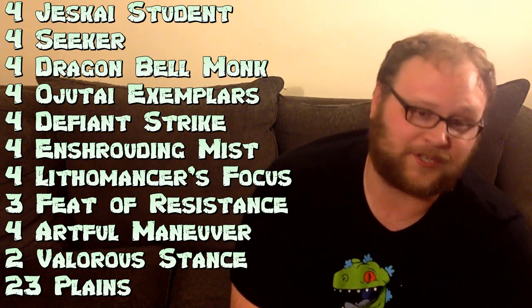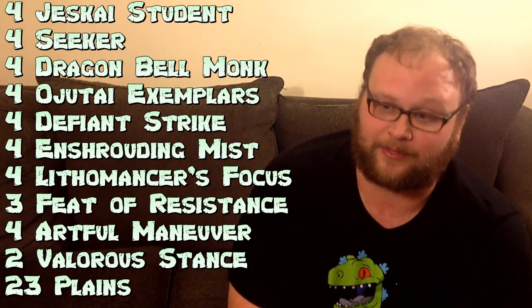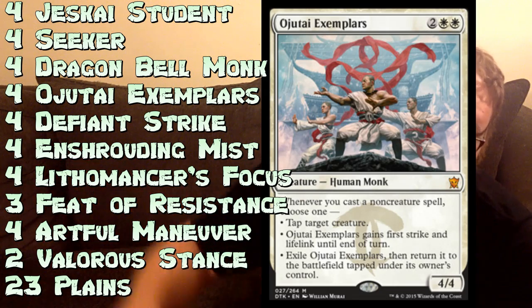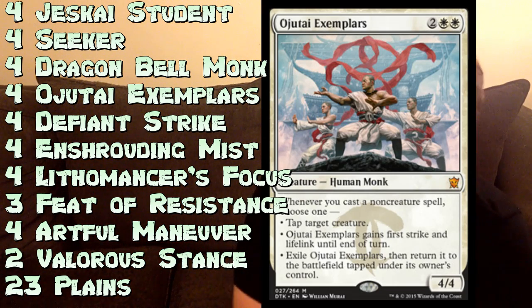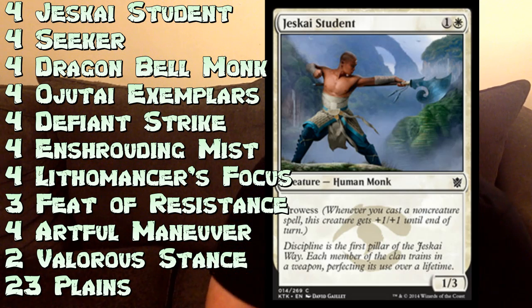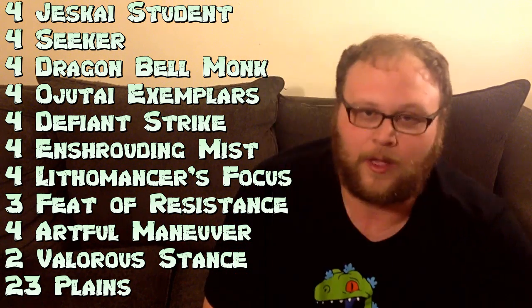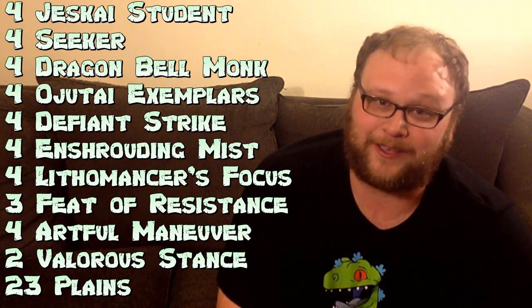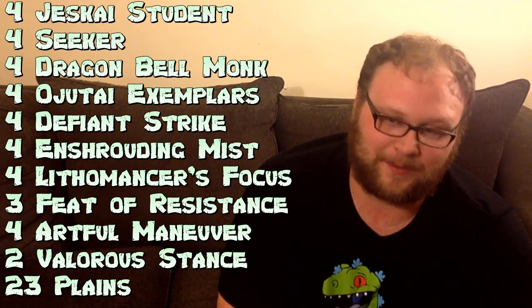We'll be able to gain a bunch of life, and with the Feat of Resistance, get through pretty easily with the Ojutai Exemplars. We can give it lifelink, gain a bunch of life, it gets buffs, so that's crazy. Jeskai Student even can get big if you just have like 2 things, with a Defiant Strike and like 1 other spell. I mean, it's like a 5-power guy. That's crazy. So the deck is pretty good, but our resiliency is low, which I'm about to show you with